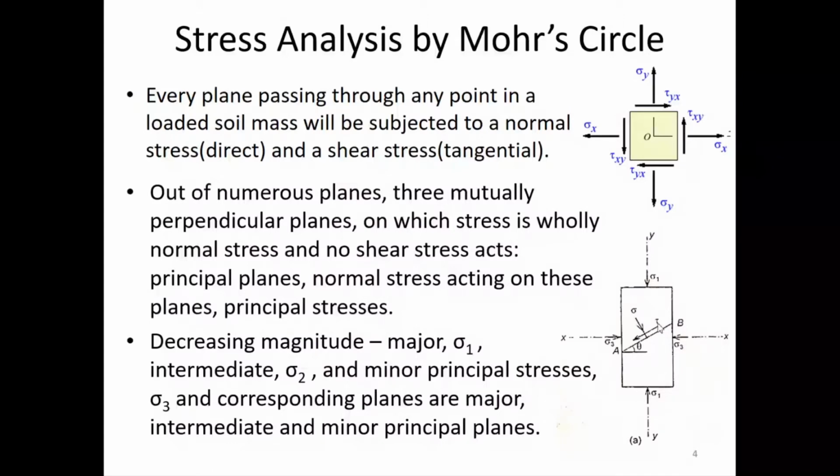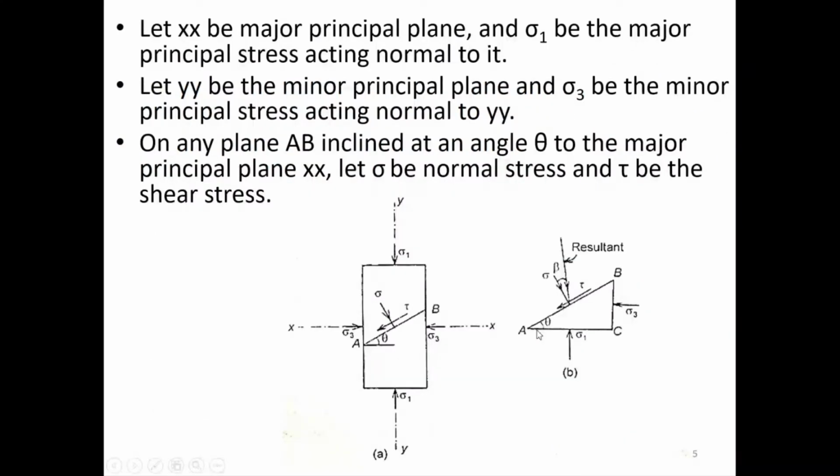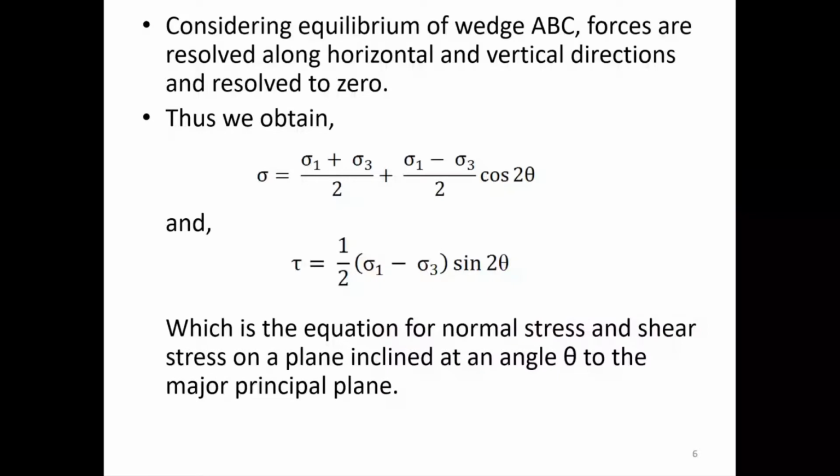So what we did next was we considered the soil wedge ABC alone, and considering the equilibrium of stresses in both the horizontal and vertical directions, we found that sigma, which is the normal stress acting on that particular wedge or on that plane AB, was sigma, and the shear stress acting on that plane AB is tau,